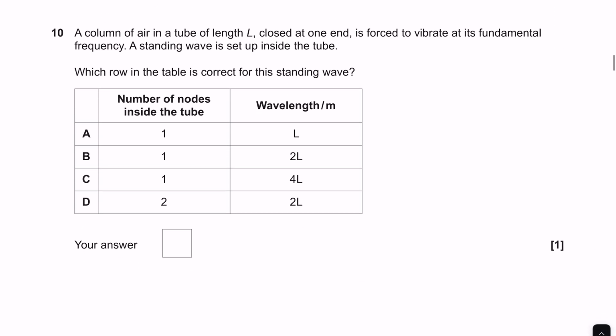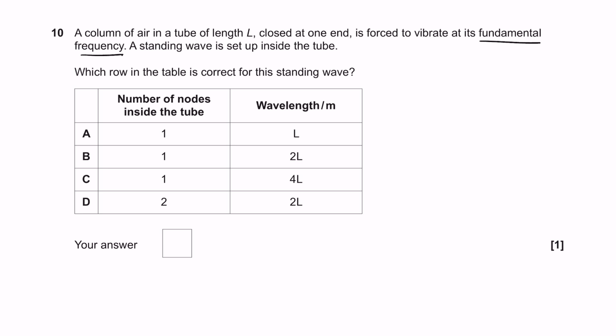Okay, question number 10. We've been given a column of air in a tube of length L, closed at one end, is forced to vibrate at its fundamental frequency. A standing wave is set up inside the tube. Okay, so fundamental frequency is the lowest